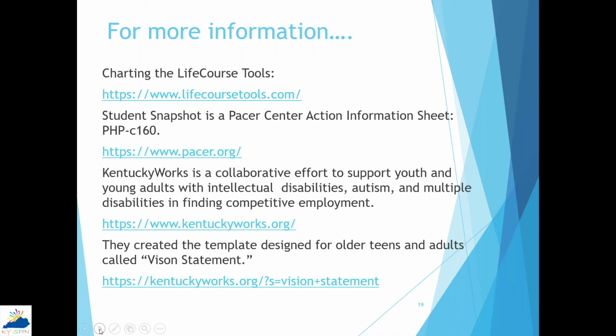Now, Kentucky Works is a collaborative that's used to support youth and young adults with intellectual and developmental disabilities, autism, and multiple disabilities. It's mainly focusing on competitive employment, but Kentucky Works has a lot of other resources and information.